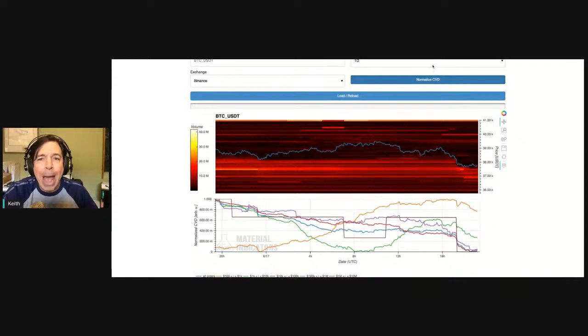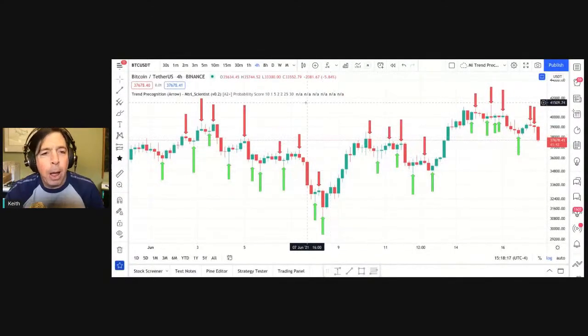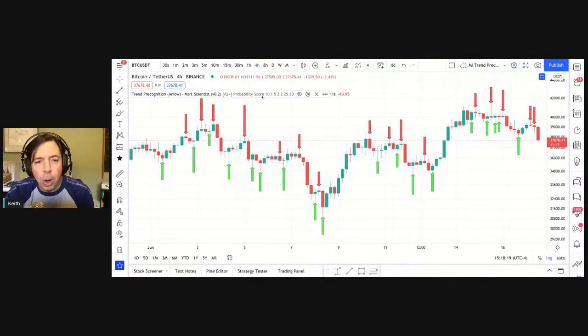So now let me go back to that main chart and show you how we can optimize for whatever time frame you want to set this in. So we're using this probability score, right? And these are the defaults.